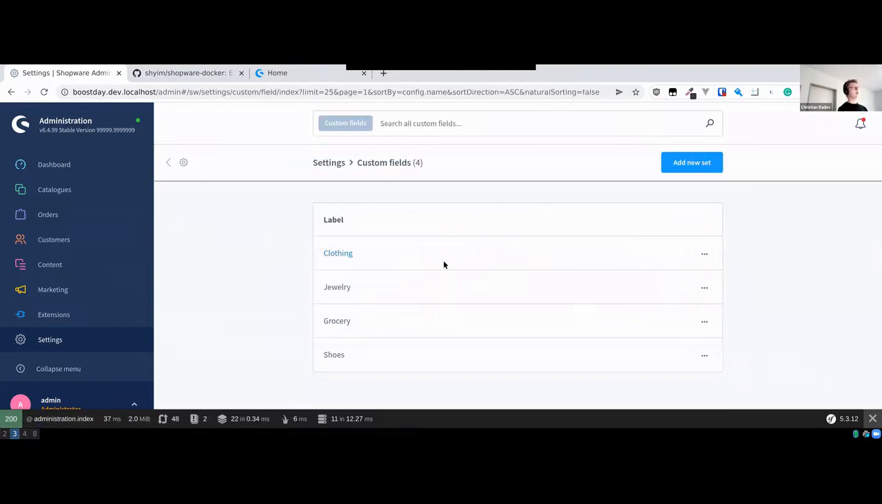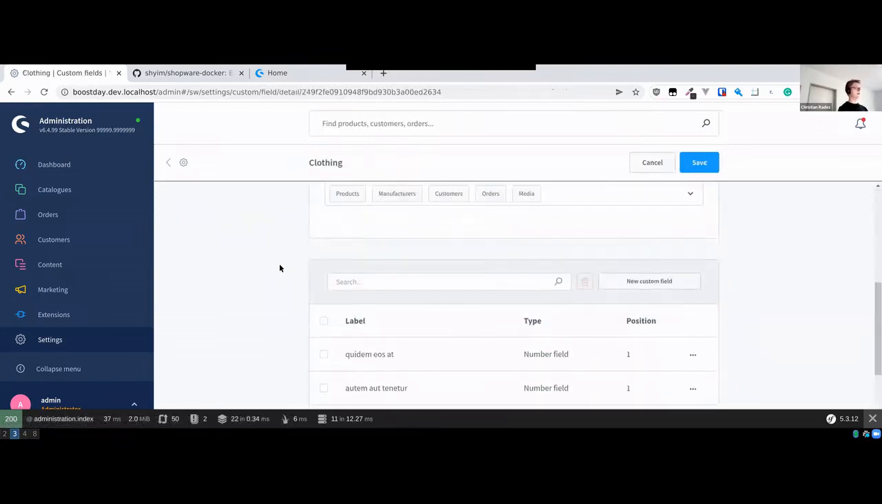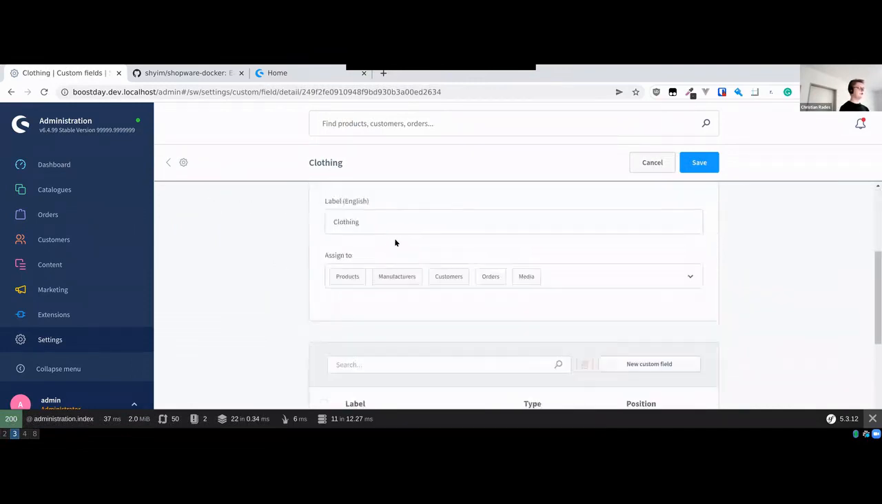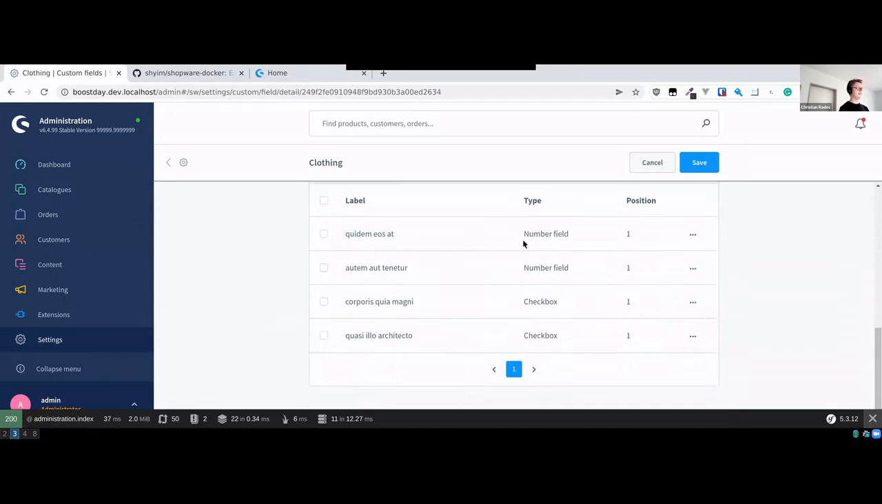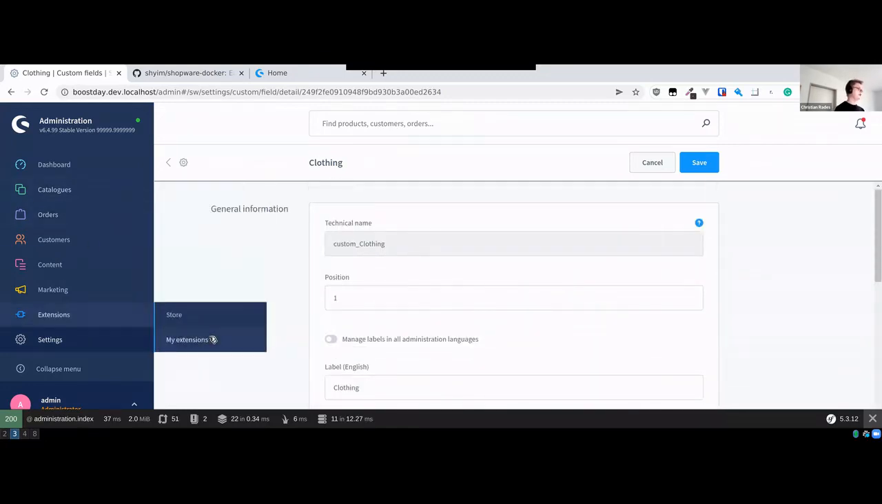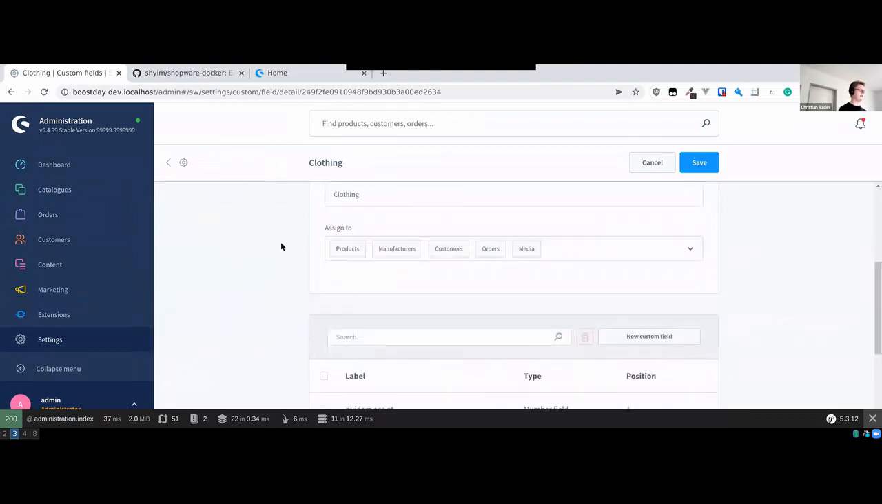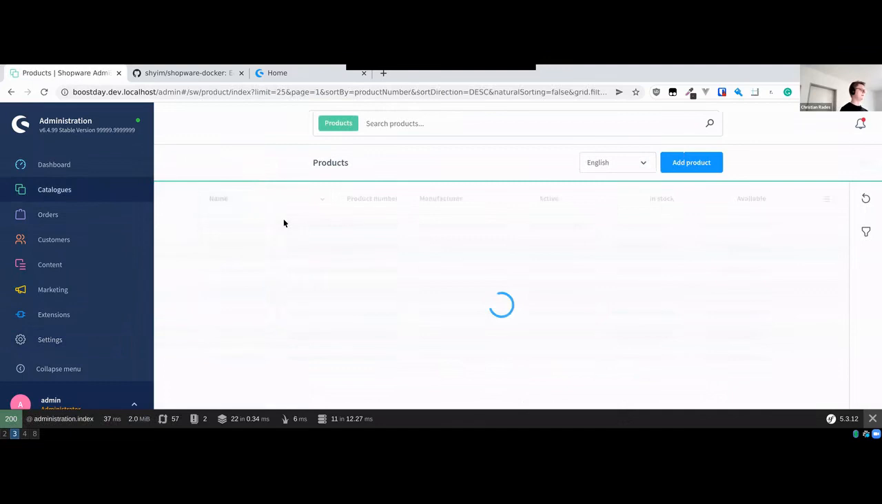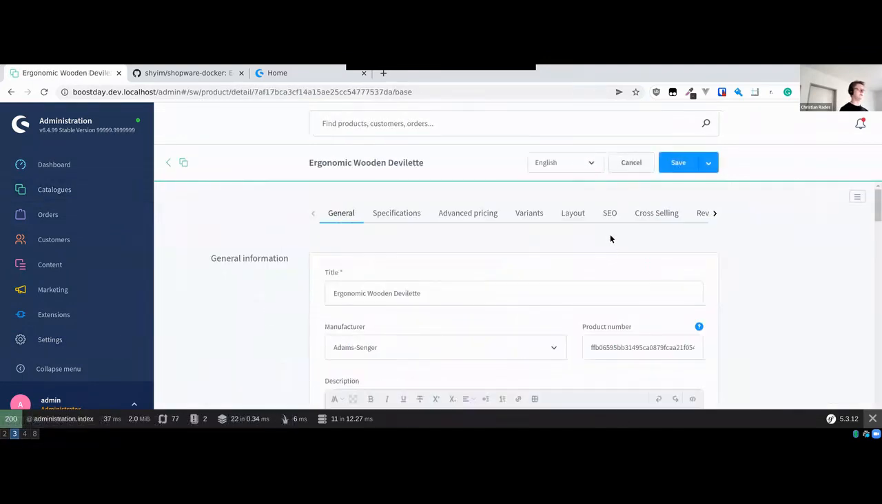And you can create whole sets of custom fields. So for our custom field set custom clothing, we add stuff like number fields, checkboxes, things like these, that also then are able to be rendered in the UI of our product detail pages. So if we just go here and